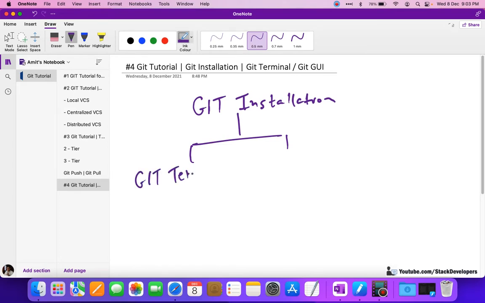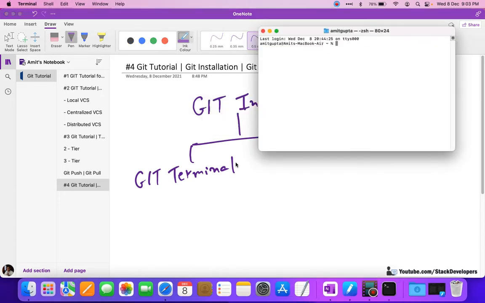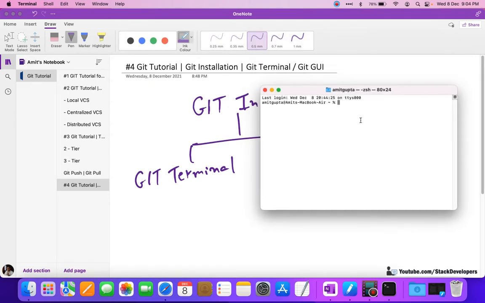I hope that every one of you knows about the terminal. Mac and Linux users always know about the terminal. This is the terminal in Mac, I'm going to show you. This is the kind of command prompt you have seen in Windows. It is automatically available in Mac as well as in the Linux operating system. You are not required to install it separately, but in Windows we need to install it as Git. I will tell you that thing as well.